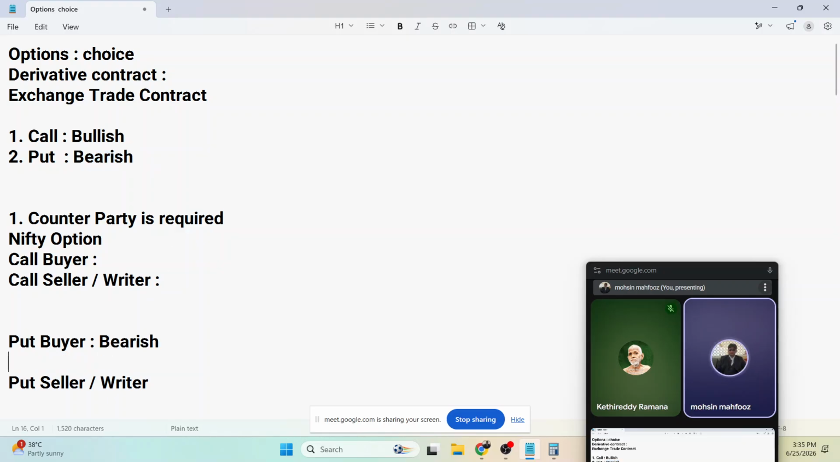तो पुट बायर बिलीव दैट मार्केट इज बेरिश, पुट बायर जो पुट खरीद रहा है उसको लगता है कि मार्केट बेरिश है, मार्केट नीचे जाने वाली है। बट जो पुट राइटर है उसको लगता है कि मार्केट जो है नीचे नहीं जाएगी, वो ऊपर जाएगी, ठीक है। तो ही इज बुलिश अबाउट दैट। सेम वे कॉल बायर जो है वो मार्केट को लेकर बुलिश है, बट जो कॉल सेलर है वो मार्केट को लेकर बेरिश है, उसको लगता है मार्केट नीचे जाएगी। तो जब दो पर्सन के अलग अलग व्यू हैं, एक बुलिश है एक बेरिश है, तब वो एक कॉन्ट्रैक्ट बनाते हैं।